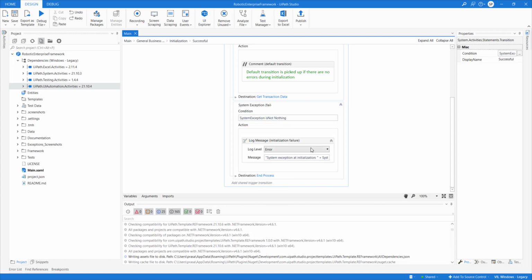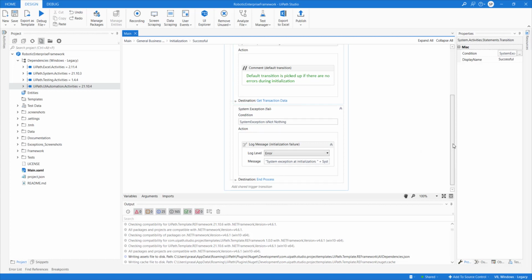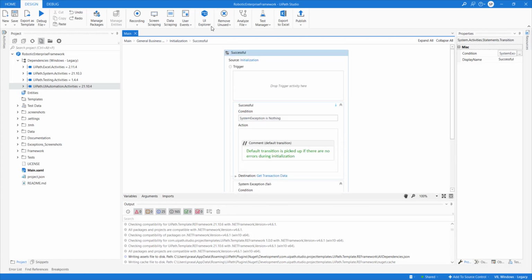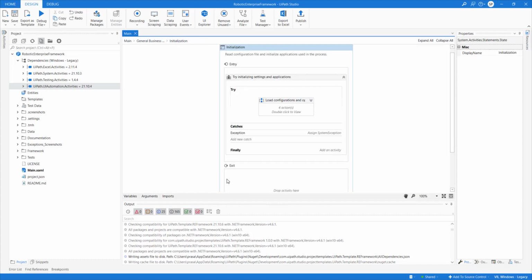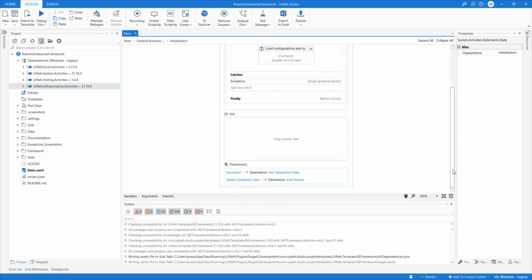Okay, so this is how you define the transition, and this is how you define the entry and exit and activities. You should be able to drag and drop the activity which is required here.